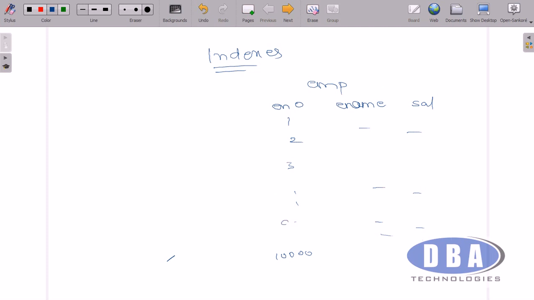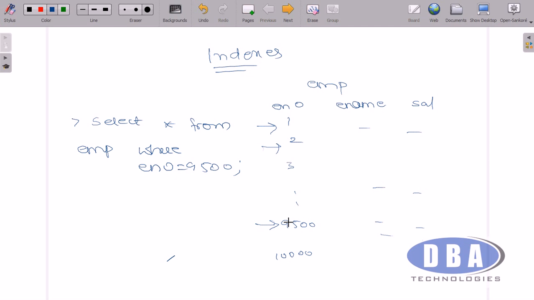Suppose I want to get details about a particular employee called 9500. So what I will do, I will give the command select star from employee where e number equals 9500. If I give this, it will start the searching from the first row. Is 9500 equal to 1? No. Is 9500 equal to 2? Like this it will come up to 9500, till the condition is satisfied. As a result of which